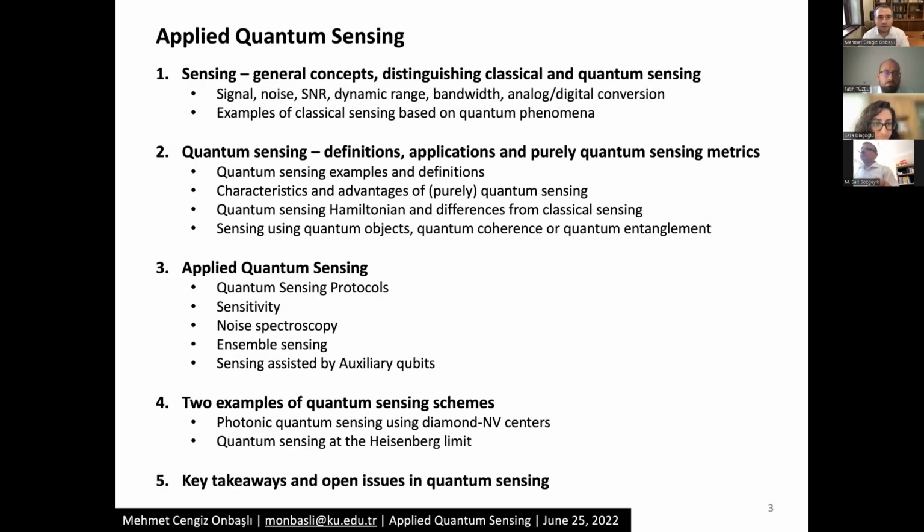Applied quantum sensing is mostly about understanding how we exceed the state of the art of classical sensing. To be able to understand that, we need to first establish a good understanding of how classical sensors work. And then we are going to go into how quantum sensors build on top of that. So that's why I'm going to first start off with sensing in the classical manner. And then I'm going to explain how we are going to build on top of it.